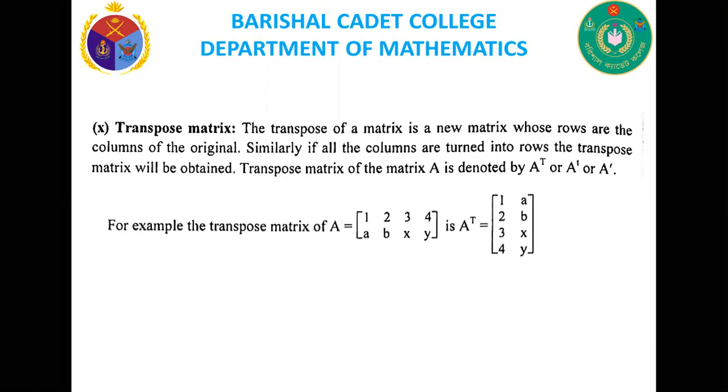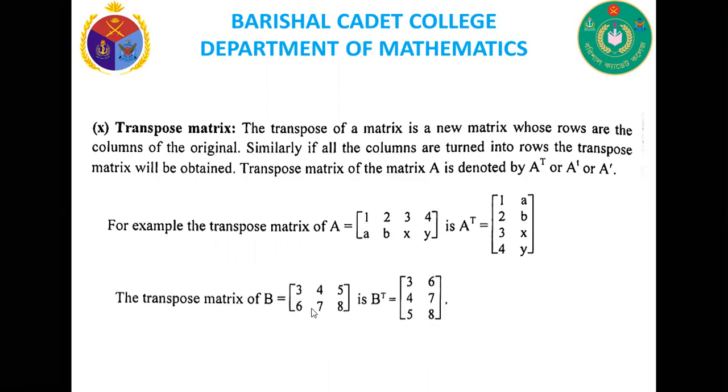You see the example that I have told a few seconds ago. Our task is to convert all the rows into the columns. In this matrix, you see that the matrix has 1, 2 rows, and 1, 2, 3, 4 columns. So first our task is to make all the rows into columns. So I have made the first row into the first column and the second row into the second column, and thus we have got the transpose matrix of A.